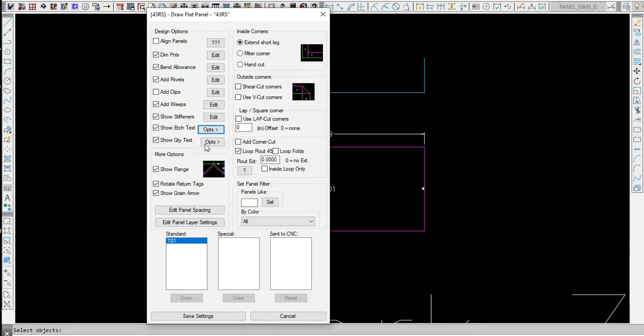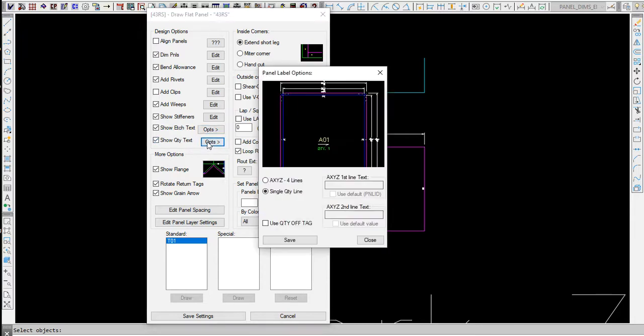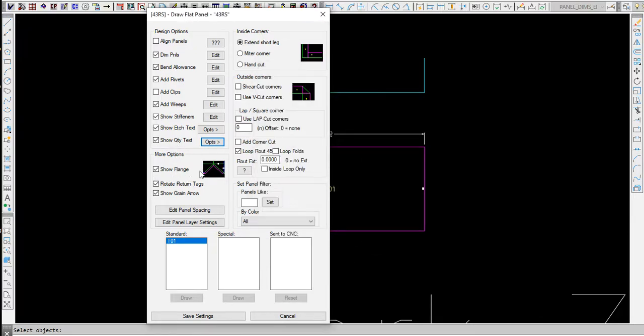Show quantity text. Well, show quantity text, if you're running axes, you can put 4 lines of text in, or just say, no, I just put a single line of text underneath the panel, and that's what we'll go with right there. And we're going to turn that on. So let's close that. Show the flange. So anytime you have a panel that has, let's say, a plan and a section attached to it, you can turn on and off the flange